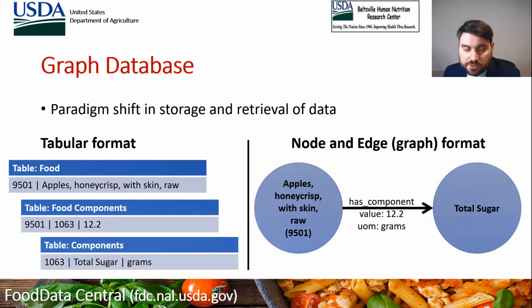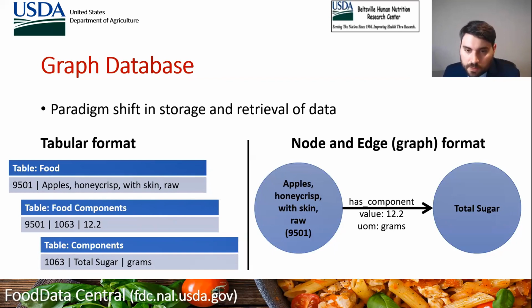And to the definition of graph database. Graph database is a paradigm shift in storage and retrieval of data. On the left, I've given an example of what a tabular format for our data looks like. We have a table for food, a table for components, and a table that joins the two called food components. In food, we have an identifier for our Honeycrisp apple. In components, we have an identifier for our total sugars in grams. And in the joining table, food components, you can see by joining the two IDs, we end up with a